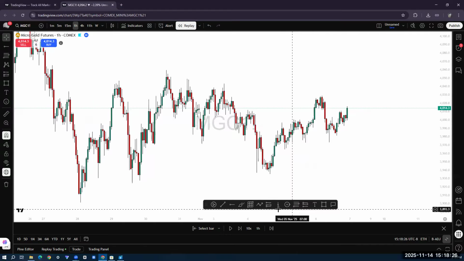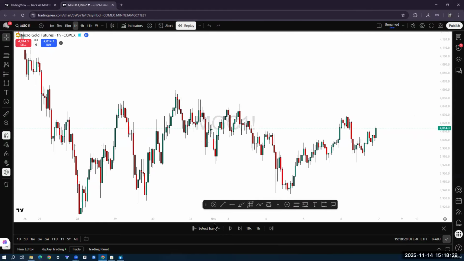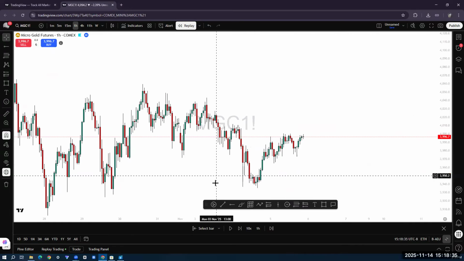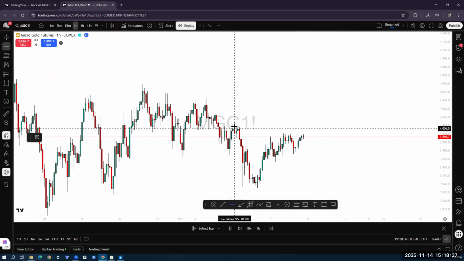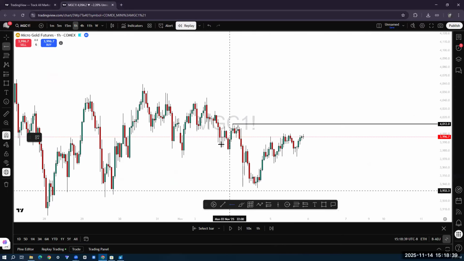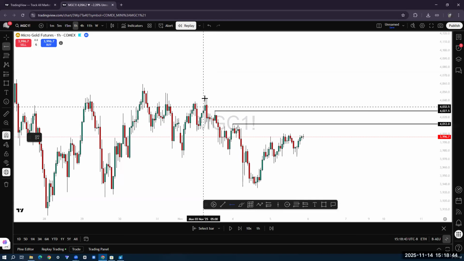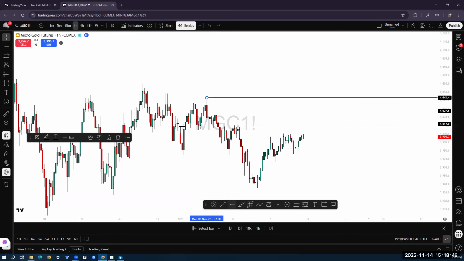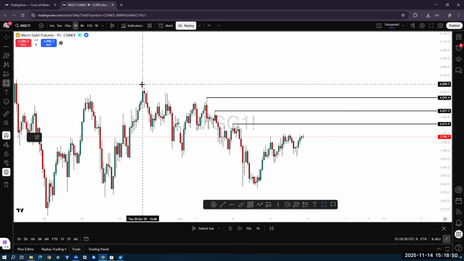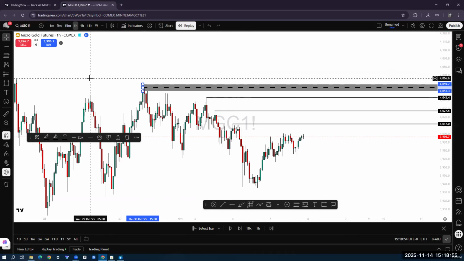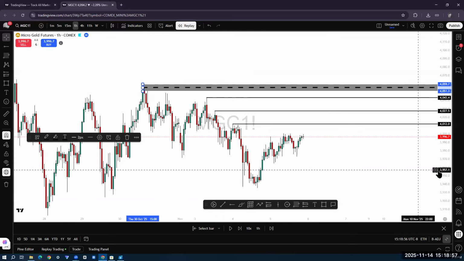Since if we're trading live we're not going to know in the moment, we're tracking our highs and lows. We have a high here, a high here, and a high here. And then obviously we have more here and more here. And this up here is obviously the highest point. I will be tracking my highs, and if I know this is my 1 hour high, I'm putting a wick.